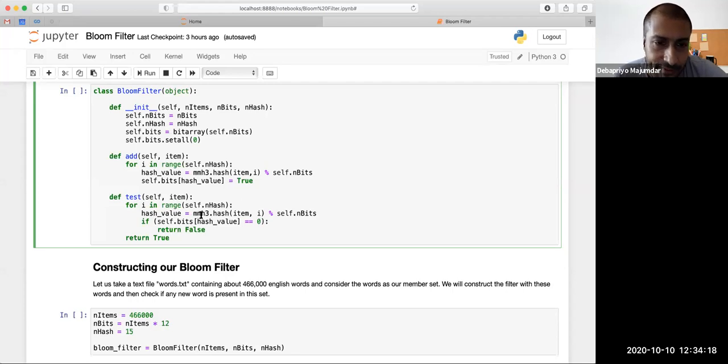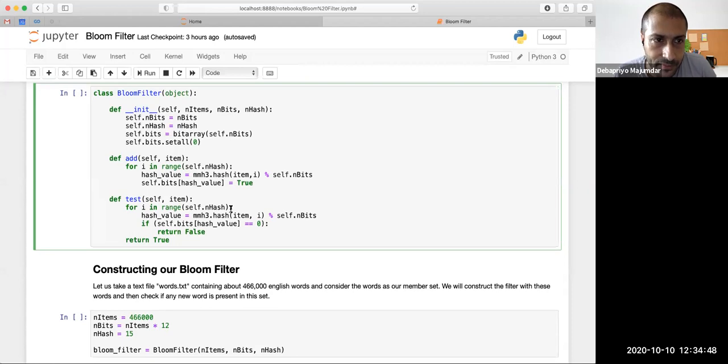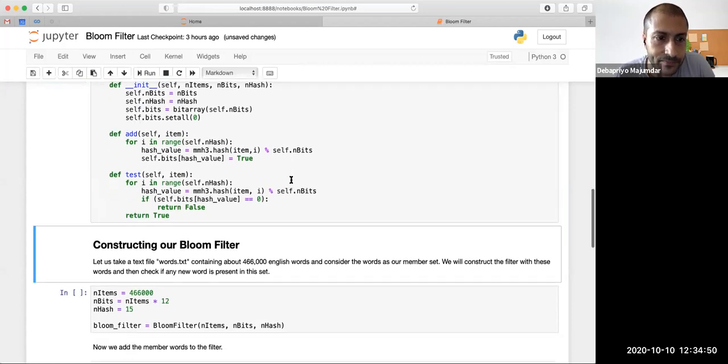For any of the hash functions, if it goes to a 0 bit, we know that we haven't seen it before. So we report negative, and this is a guaranteed negative. However, if that does not happen, if it goes to 1 for all of them, then we report positive, and this may be a mistake. Of course, we did our probabilistic analysis and figured that with proper choices of number of bits and number of hash functions, we can keep this error rate very low. All right, so I guess this looks okay.